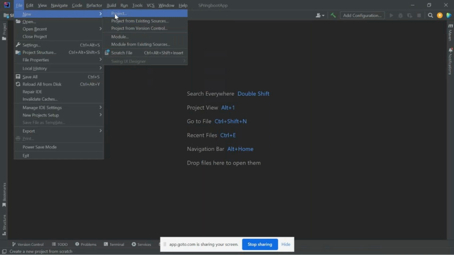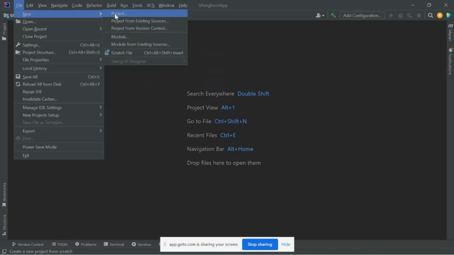Version controls you can very well check online. Git, or JIT, different people pronounce it differently. Git is one of the famous version controls. If you are looking for any sample code online, it will transfer you to the Git site.